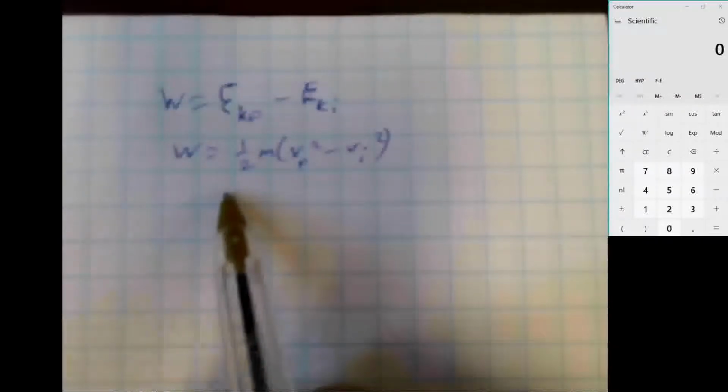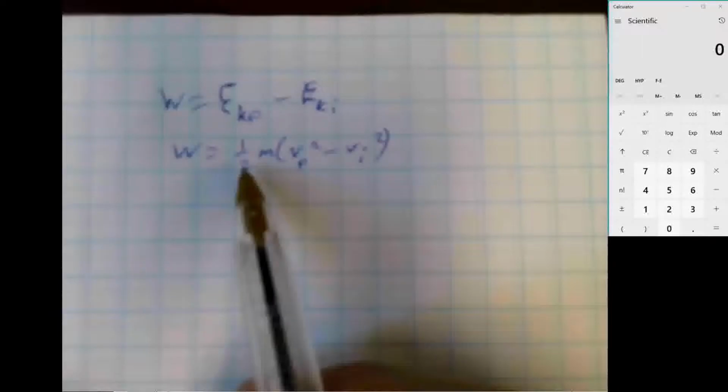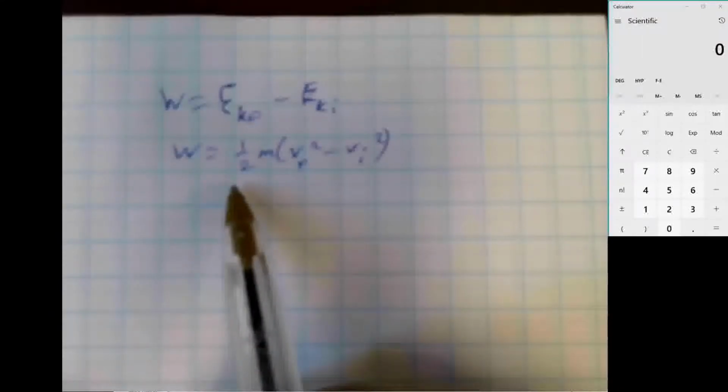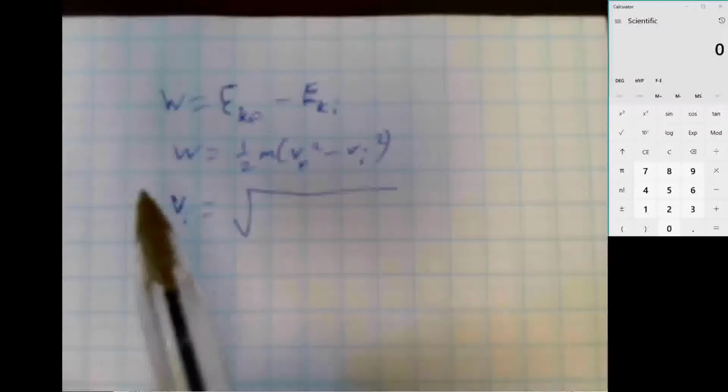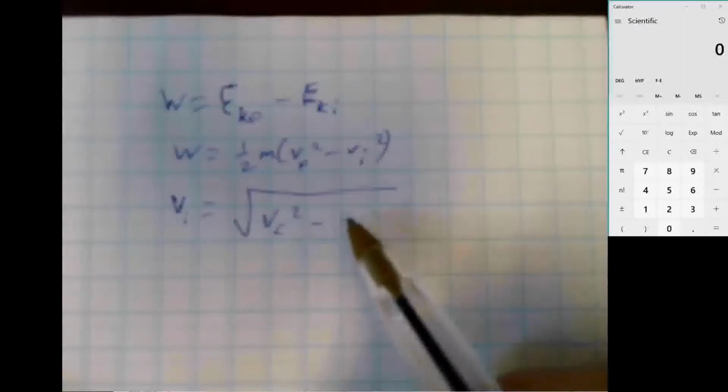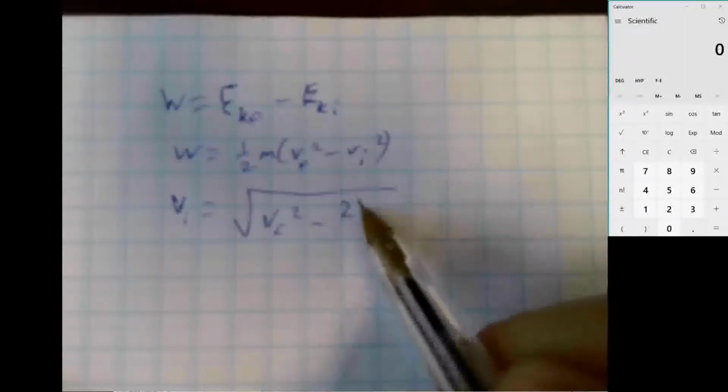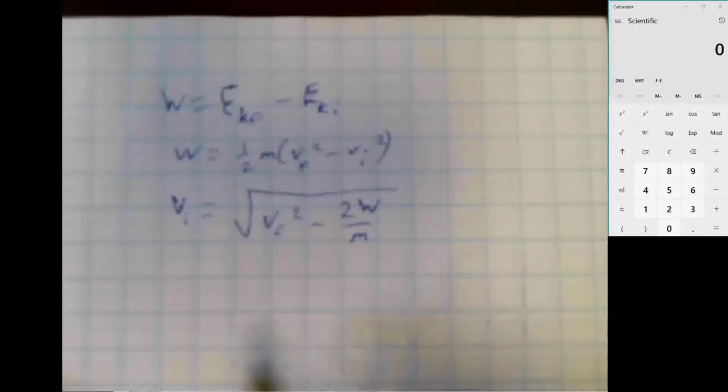So this becomes, the 2 moves over here, so this is 2w. We divide by the m. We move the vi over to this side. We have to square root everything. So this becomes vf squared minus 2w over m. So vi equals the square root of